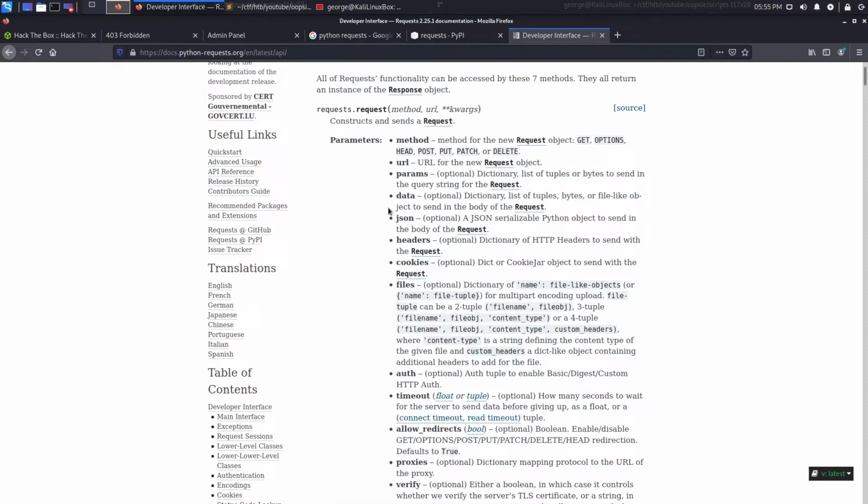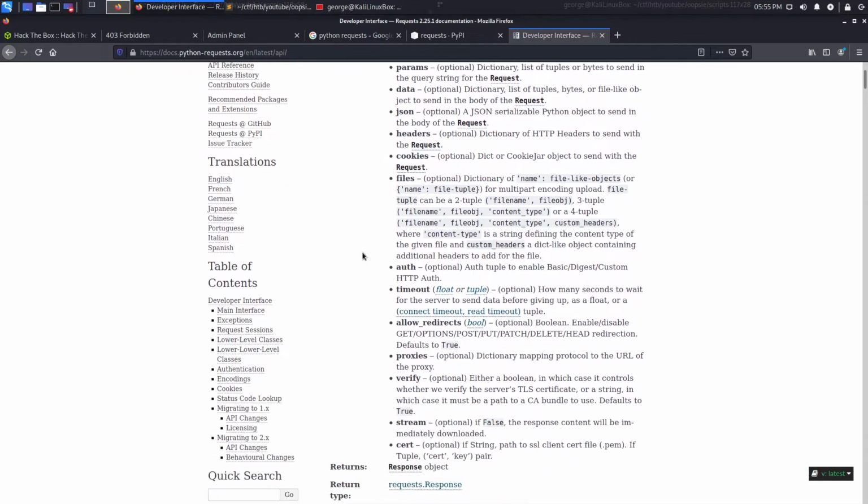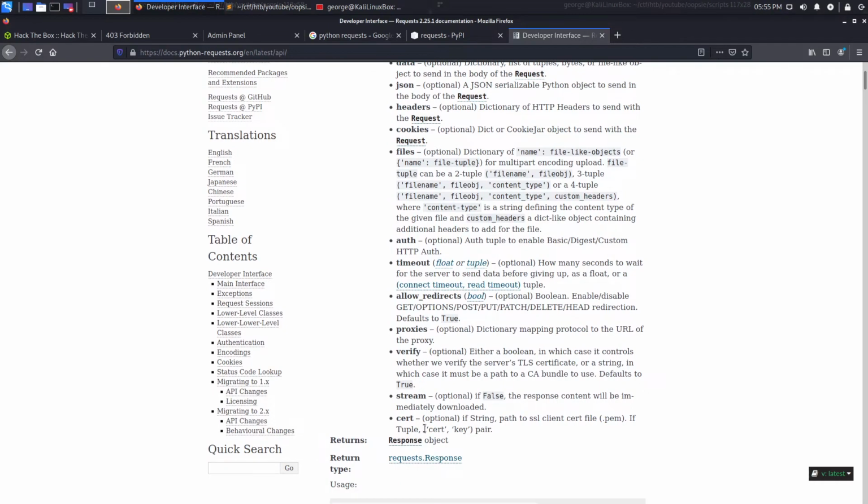I think you have files here. I'm not too sure. But we are definitely going to be using cookies, and we are going to be using the URL this time around. We're not going to be using headers,